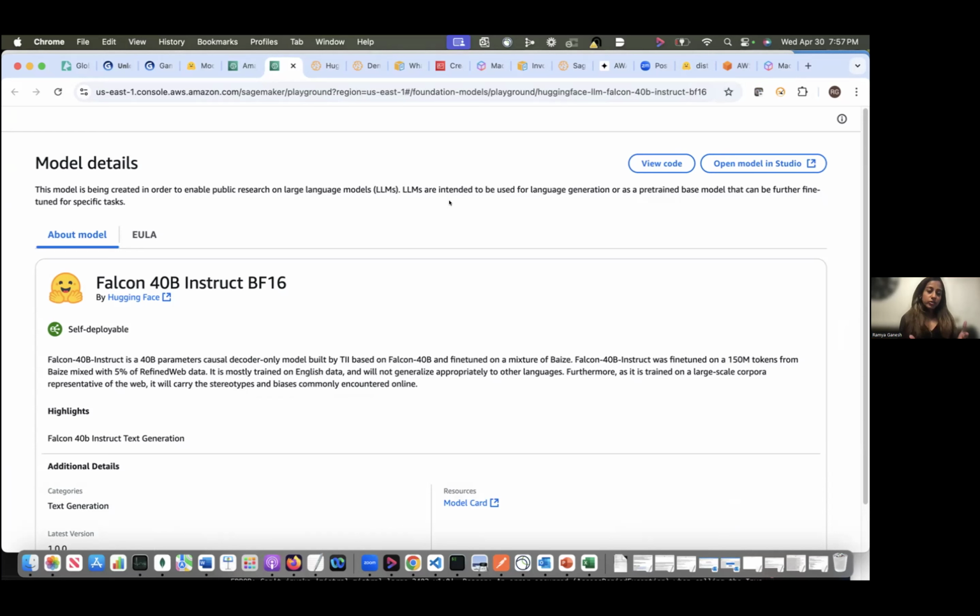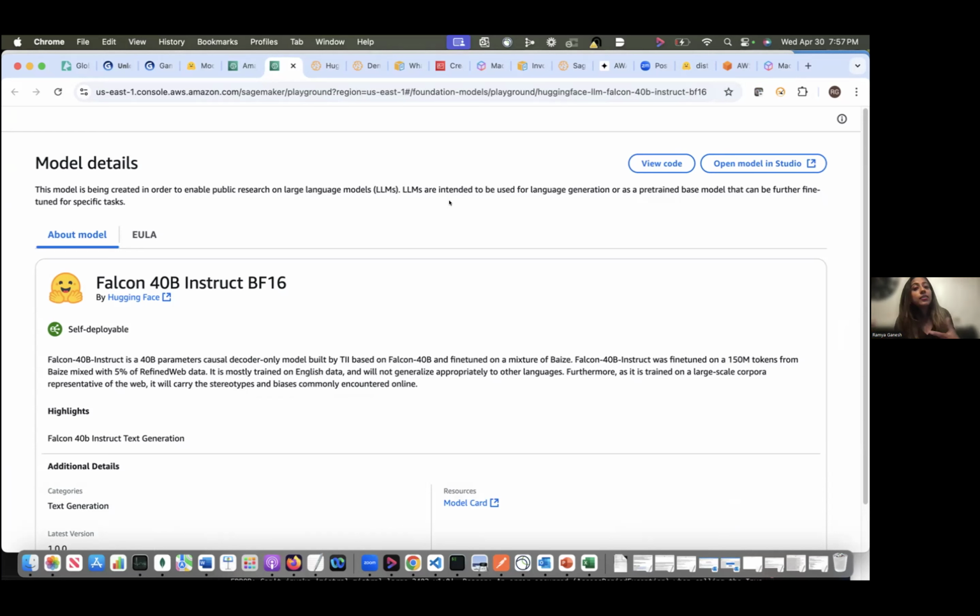What's the difference between SageMaker and Bedrock? You're right, SageMaker also offers what Bedrock offers. The key difference is that in Bedrock you have ready-made models, and you will not be able to build your own model. Bedrock is like having a set of movies you can pick from and watch.